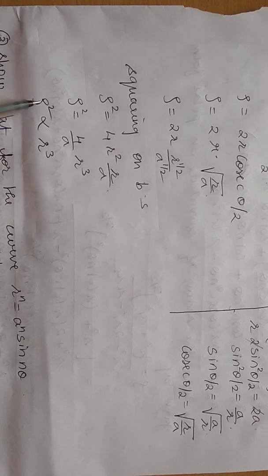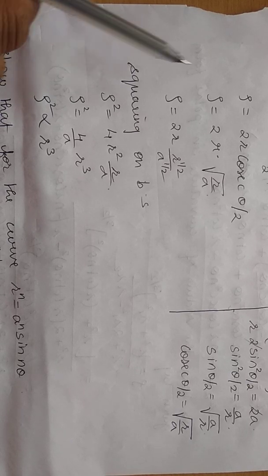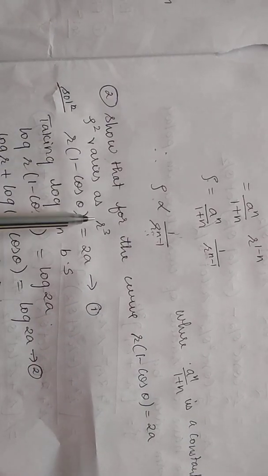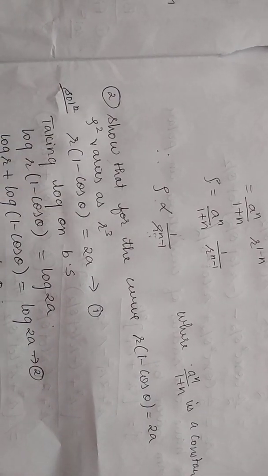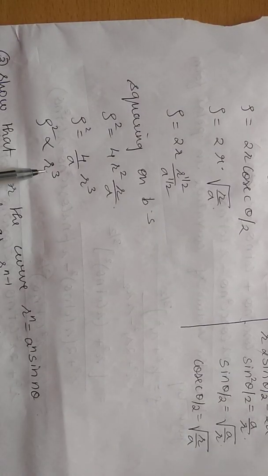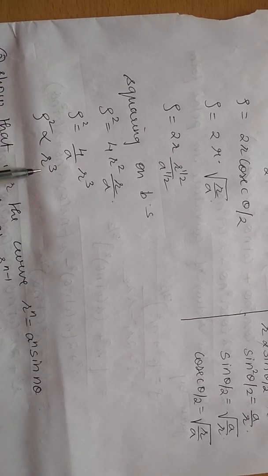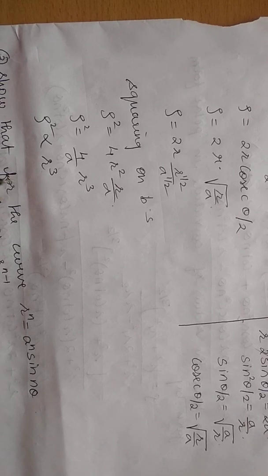Can you tell me why I have used rho square? Why did I square over here? Because in the question they have told us to show that rho square varies as r cube. So I have squared and shown that it varies as r cube. Varies, if they say, means directly proportional. The radius of curvature is directly proportional to the radius vector. Is it okay? This way we are going to show it. Sure one question for the exam. Thank you.